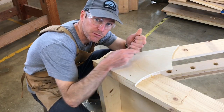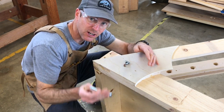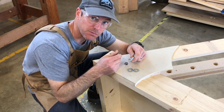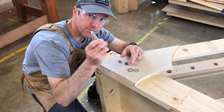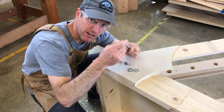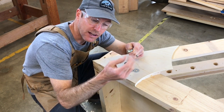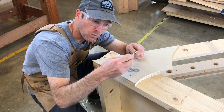It just occurred to me that before I put this eye bolt in, we should take a quick second to talk about what a bolt, a washer, and a nut are. I know a lot of you already know this, but a lot of you don't, and a lot of you get confused by this too. So this is a bolt. It's kind of like a screw. It has threads on it. The nut fits on the end of the bolt, and that's what's used to lock the bolt down against something. The washer